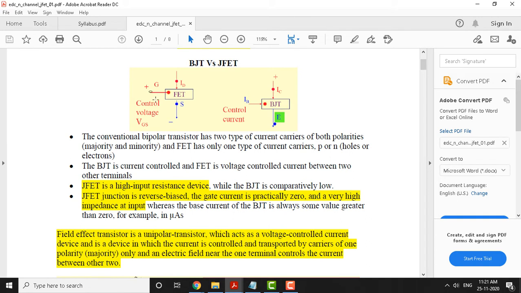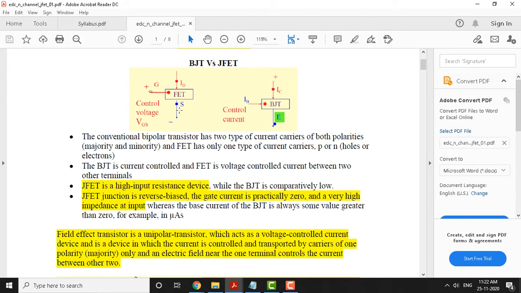This we have already seen, and when we measure the input impedance, FET has very high input impedance and BJT has very low input impedance. Having higher input impedance is an advantage for us because it takes little current from the input side and produces more current at the output side.